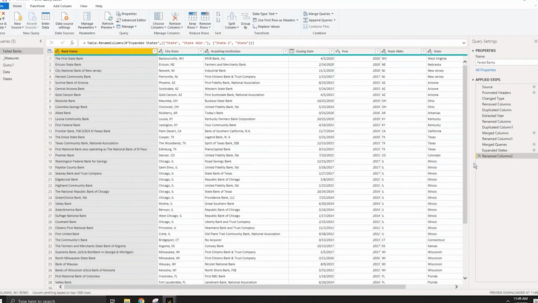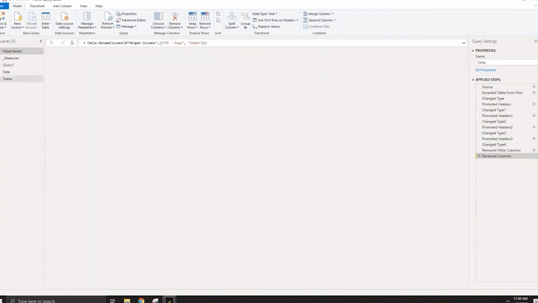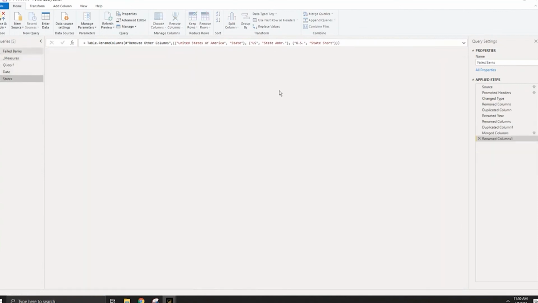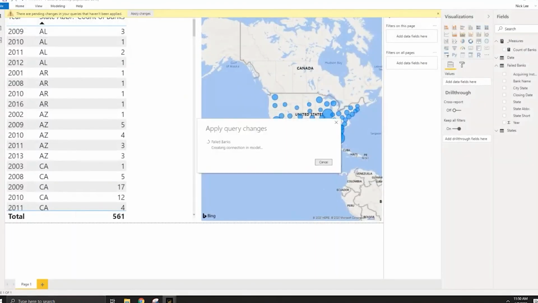All right, so let me kill some of these steps. So remember how we merged these steps in? I'm going to kill some of those merged steps, and we're back to where we were. All right, this is how our data was before, right? And we still have our states table that exists over here. You see? So we still have the states table, and now we're back to how we were before. We didn't merge those processes together. We didn't merge those queries together. All right, so if I hit close and apply now,